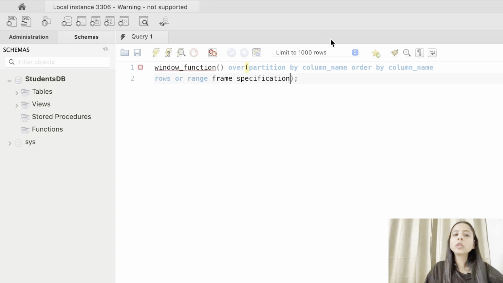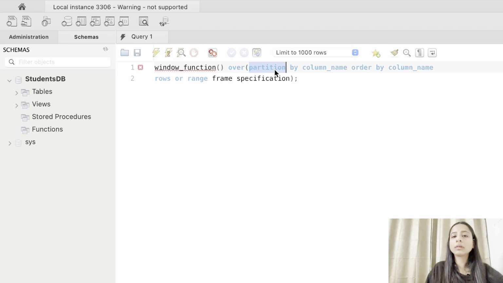All right, now let me explain each of these keywords. The window function could be any window function, for example RANK, DENSE_RANK, or ROW_NUMBER. Then OVER is a mandatory clause because it defines the window function's window. Without it, the window function will be incomplete and will not act as a window function. For example, if you are using an aggregate function like AVG, SUM, or COUNT and you are not using OVER, then you are using only a standard aggregate function and not an analytic or window function.